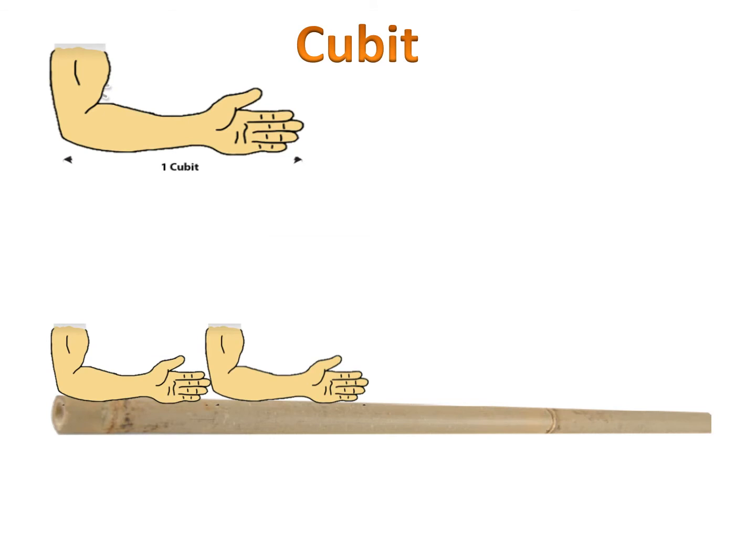A cubit. A cubit is the length from the elbow to the fingertip. It was used in ancient Egypt. And children, remember, we use it now. You measure your place on your bench or your desk and say, this is mine and that is yours. You put your hand and measure it this much. So this is known as a measurement cubit.